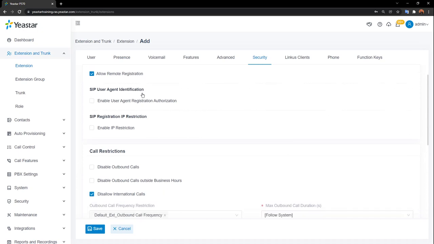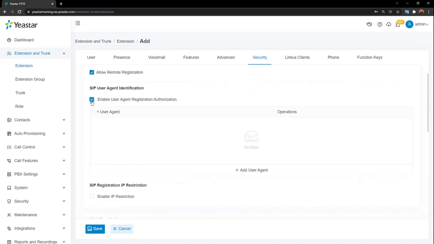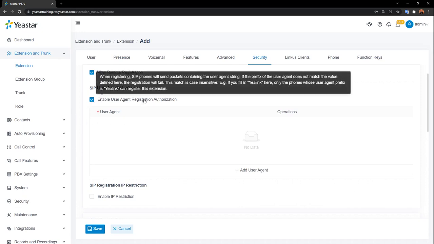Okay, the next one, SIP user agent identification. You can absolutely enable this one as well. You probably get a little bit confused about this. What is this? Drop your mouse on it. You can see here's the explanation. When registering, SIP phones will send packets containing the user agent string. If the prefix of the user agent does not match the value defined here, the registration will fail. This match is case insensitive. So for example, if you fill in A-Link here, only the phones whose user agent prefix is A-Link can